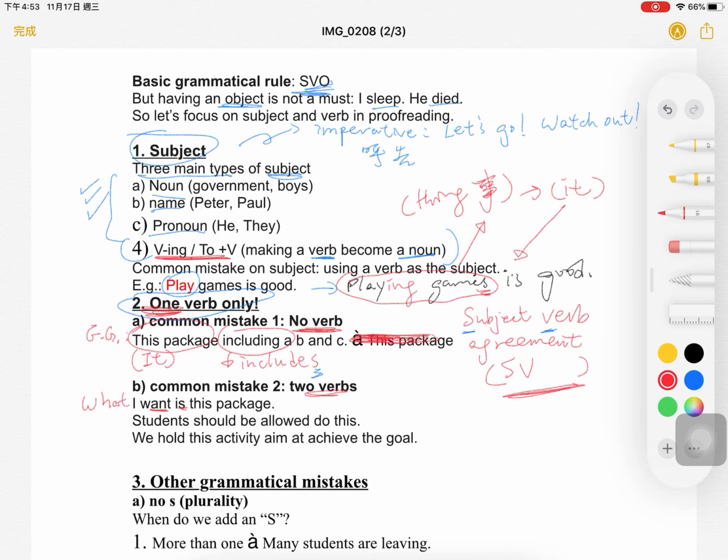Here should be what I want is the package. So here is the only verb. Is the only verb. Because I want here to become a subject. What I want 係個 package，咁個主語就係我想要嘅嘢。What I want，我想要嘅嘢係個 package，咁 what I want 就係個 subject 啦。The second sentence, students should